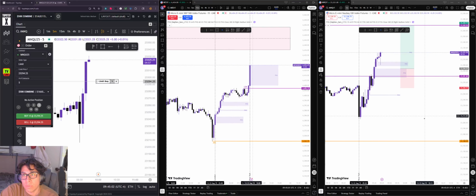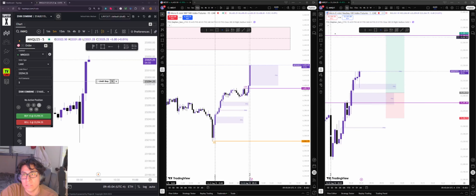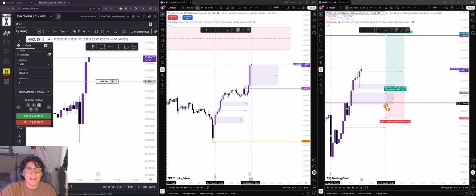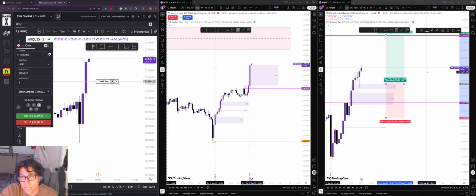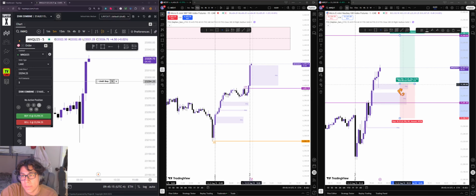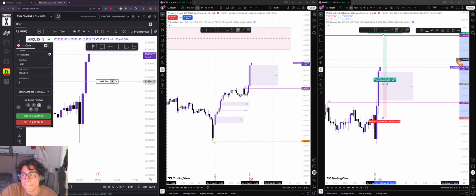So I don't think it would once again be insane to target higher. I'm just hoping that we retrace back in here because once again, it is also possible that we just want to be at this point. But I think the RR there wouldn't be that great, honestly. I'm hoping it comes back down to this level right here. Hopefully.